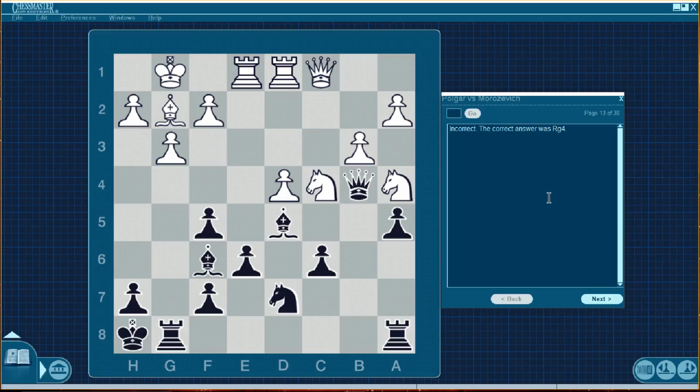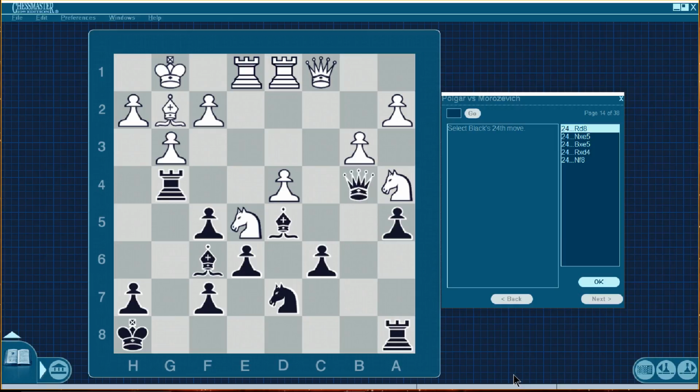Ah, you got to be kidding me. Rook g4 was the answer. Yeah. Freakadoodle-doo. Alright. She goes there? Why not infiltrate here? She's the master, not me. Alright,